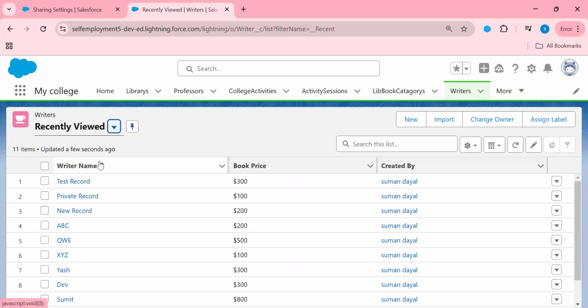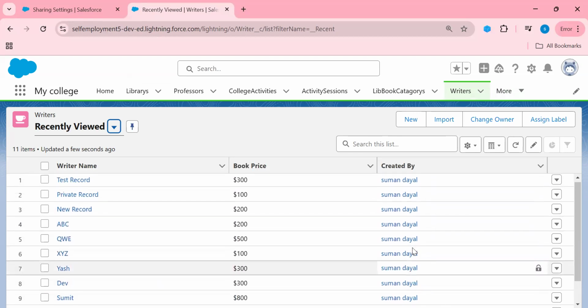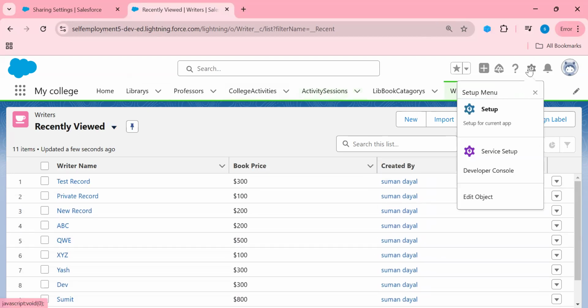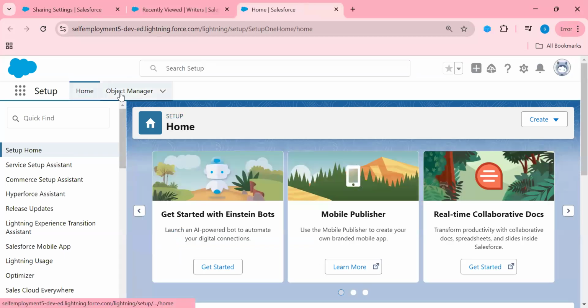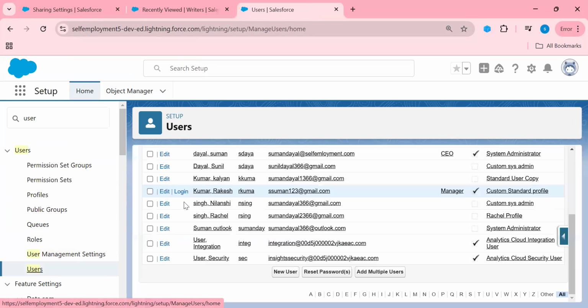This many records are available in this object, created by this user. Now if I want to show you the user, just click here, user, login.